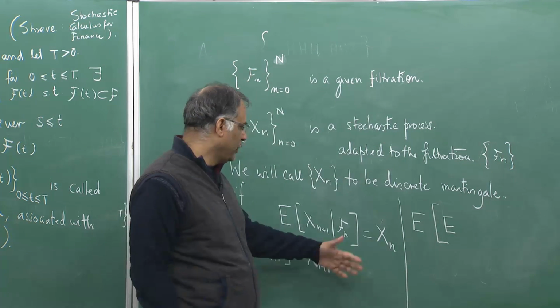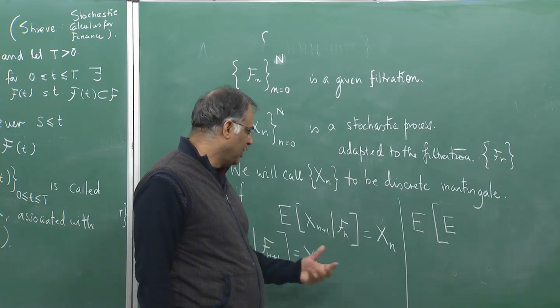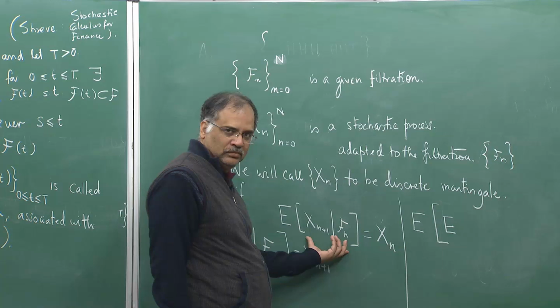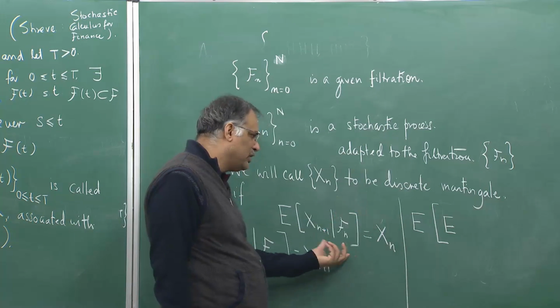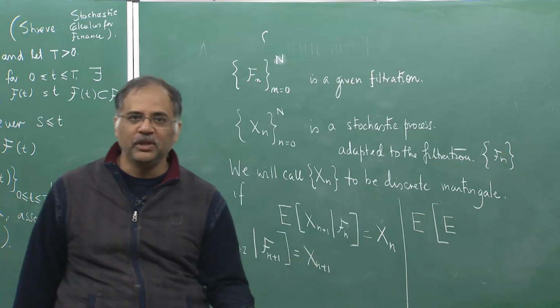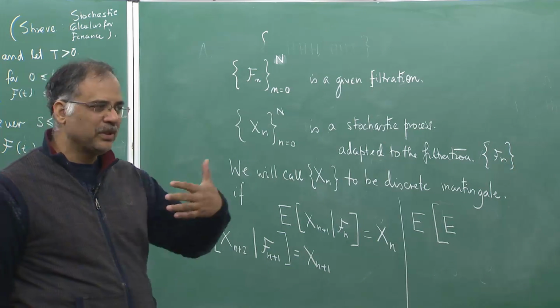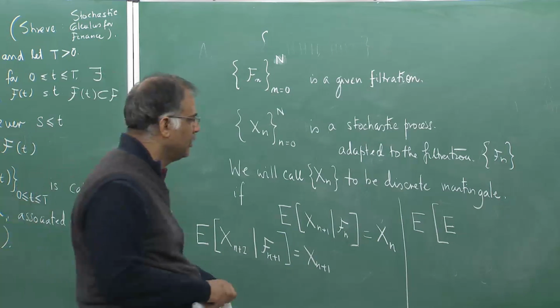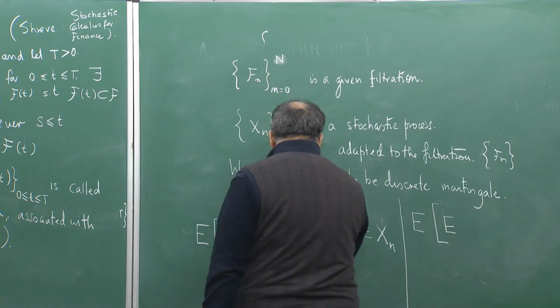So, if a scenario is revealed at the n plus 1th time, then what I expect to get for a given scenario is same as what I would get at the previous time. That is the meaning of, I cannot expect something more, I have to remain at status quo, that is what I can expect. So, if I am putting this fact here,